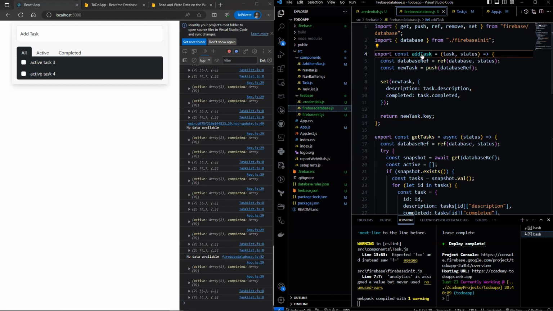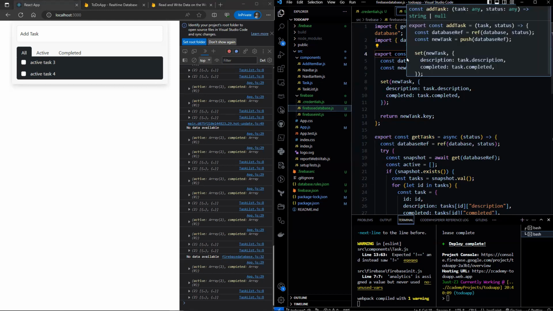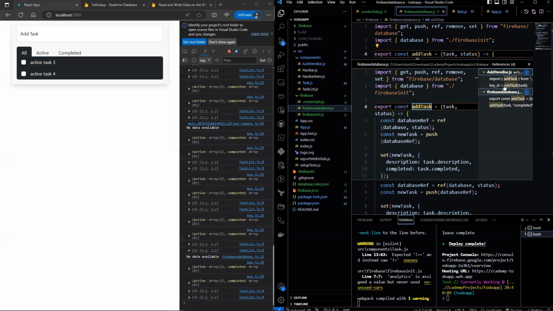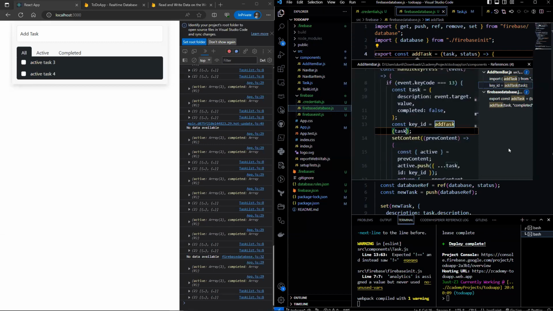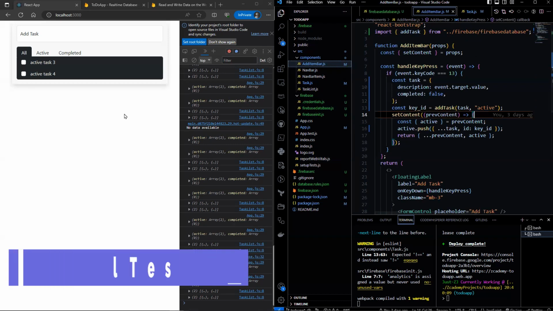Do not forget to change the functions to pass in the status as well. One of them is in the add item bar, and we will be adding active here. Now we have completed everything, and let's test it out.